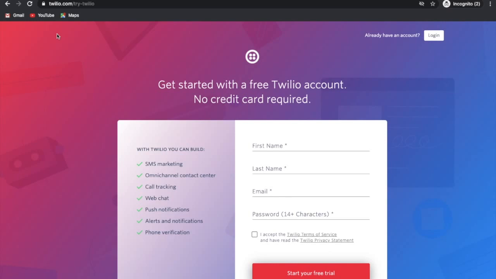Okay, so let's start. To do the Twilio integration, you have to visit twilio.com and click sign up, and I landed on this page.